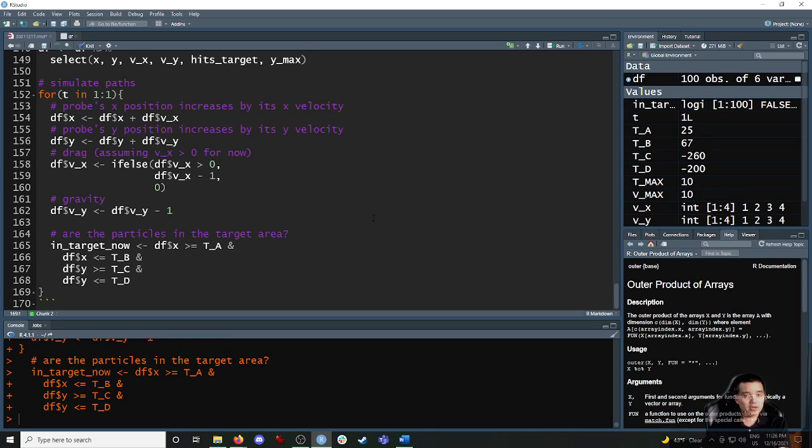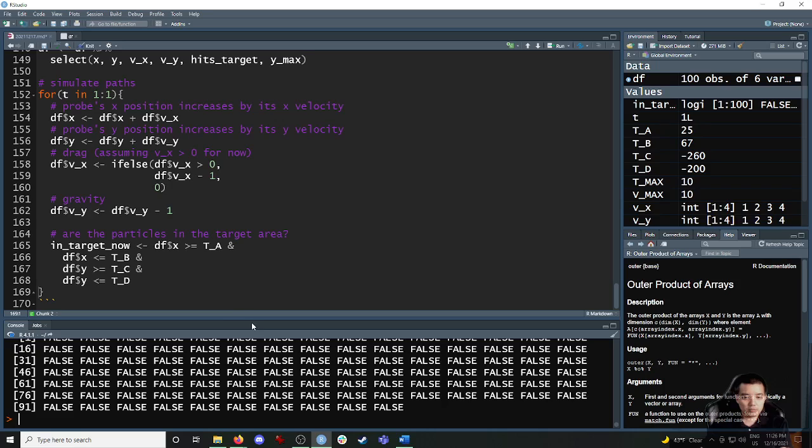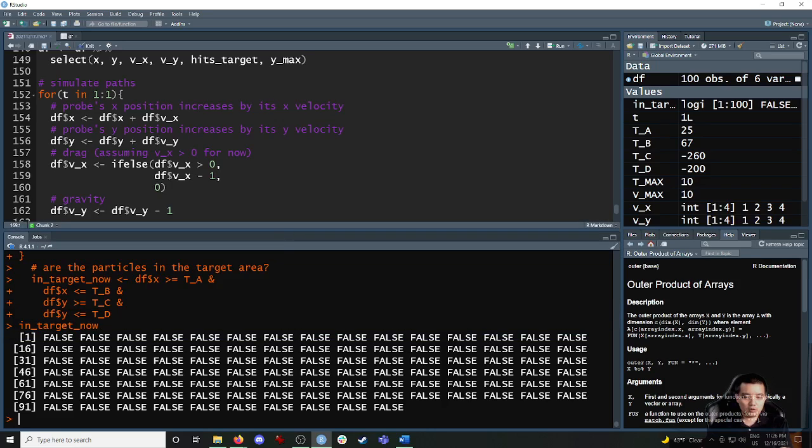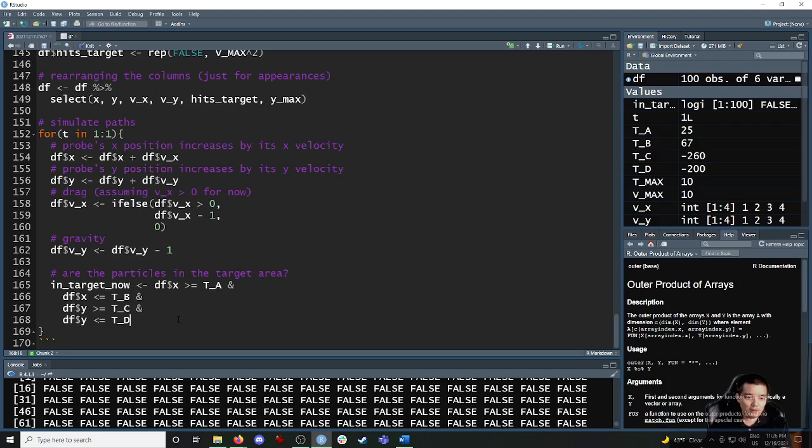So in target now should also create a vector. Let me show you that here in the bottom left. It also creates a 100 element vector of Boolean values, true or false. Now to update this,